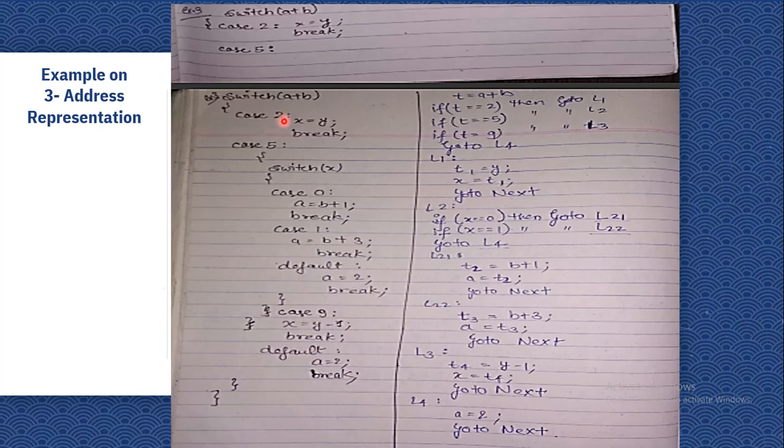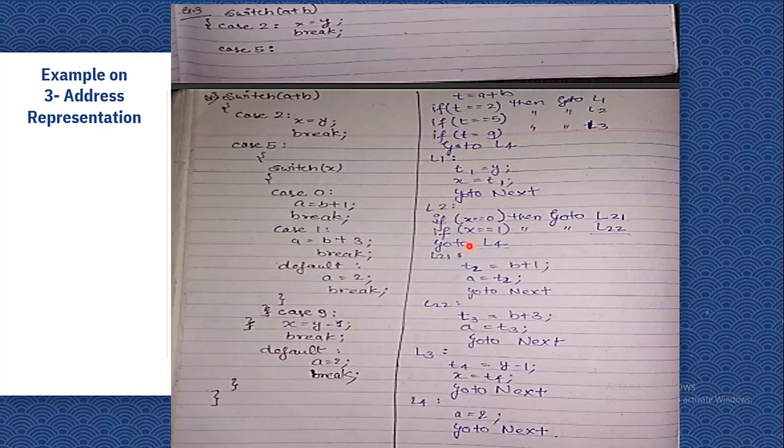Students, I am repeating this once again. It is already in the three address format, but I am using this temporary variable because I have to show the optimization of the code also. This is the reason why I am using this extra variable. If you are not using this extra variable and show in L1 x equals y, it is also correct.